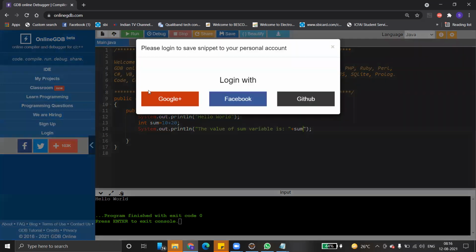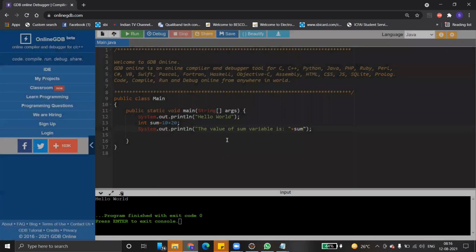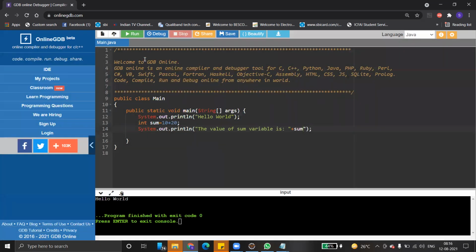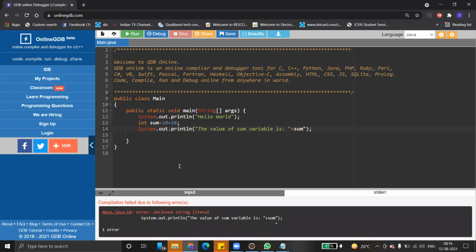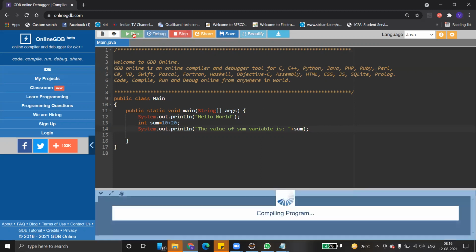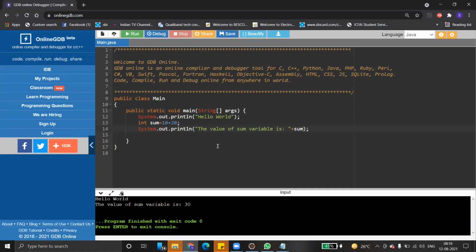You have to log in actually, then only it will execute. First log in with your credentials. You can use your Google credentials, I mean Gmail. Then click run. It returns an error. Just remove these double quotes and run once again. So this is also one of the really wonderful online Java compilers.